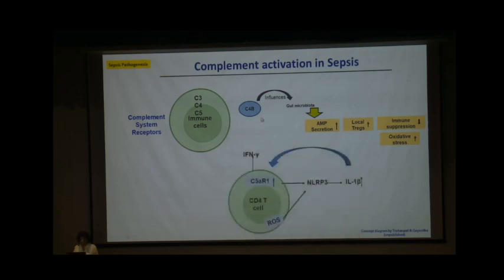However, in the immune cell, when there is inflammation, there are more of the activation receptors. What happens with the receptor activation inside the immune cells is that it goes out and starts creating the NLRP3 inflammasomes and creates the IL-1 beta. IL-1 beta is again a circle. It makes more of the CD4 T cells produce interferon gamma, and as I already told you, more interferon gamma makes the tissue damage. So the complement system is connected with immunity.